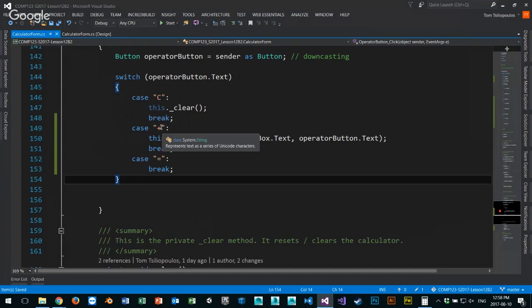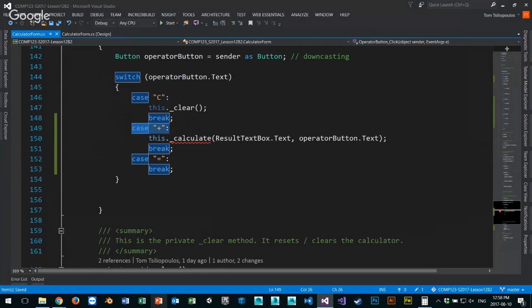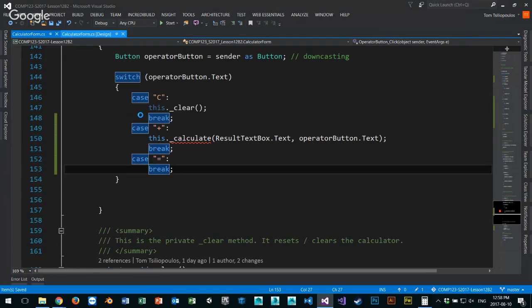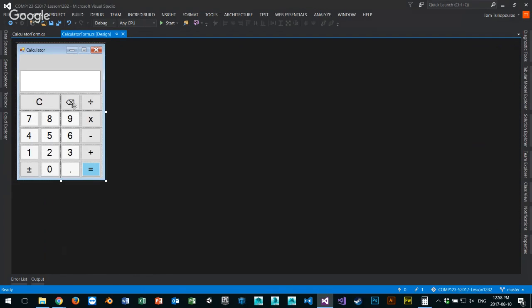That means I don't want to do a switch case here, because I don't even care what this is, right? If it's a C, or if it's an equal sign, or if it's a backspace, let me do the backspace for you. I'll populate it for you guys, right? So here's the backspace. Well, the backspace in my design, I have to test for that too, against my better judgment, this weird symbol here, right? So the way to test for this is,